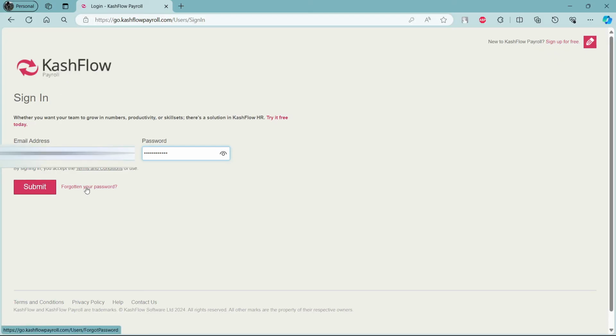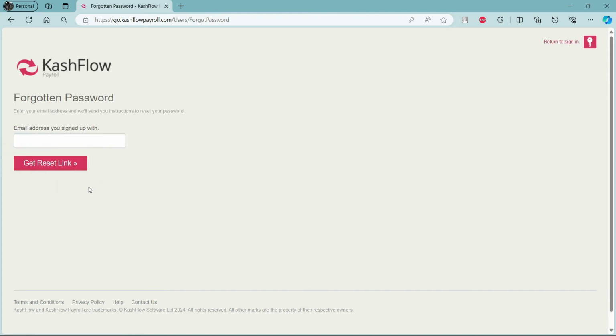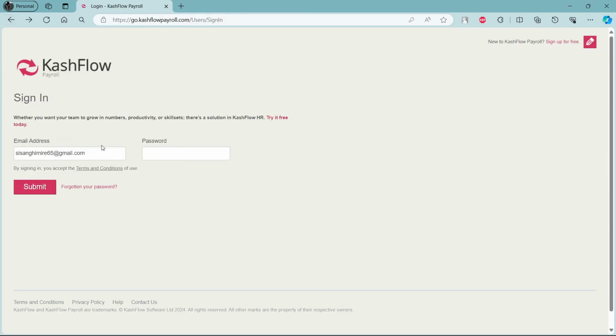If in case you have forgotten your password, this is the link for you to follow. Click on this link and write down your email address. After you write down your email address, click Get Reset Link. A link will be sent to you by Kashflow Payroll on the associated email which you have written. Check your mail, go ahead and click on the link and a reset mail will be sent. Go ahead and click on that link again and then you can reset your password and log into your account